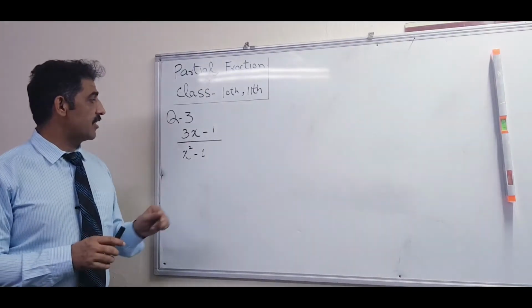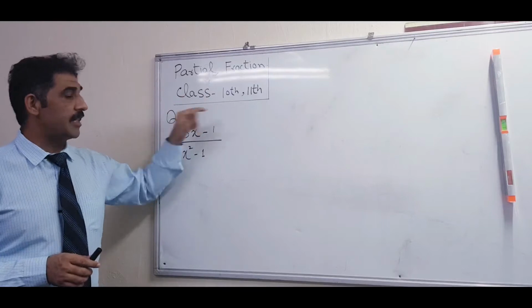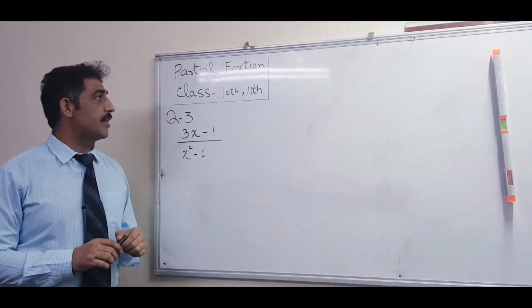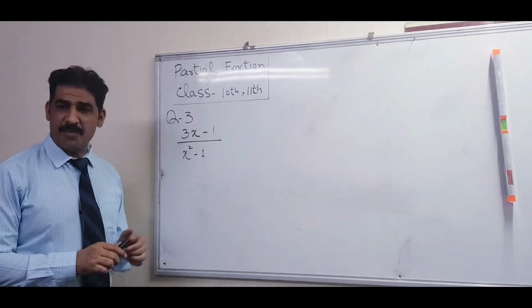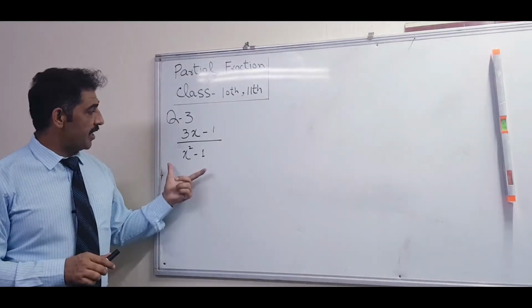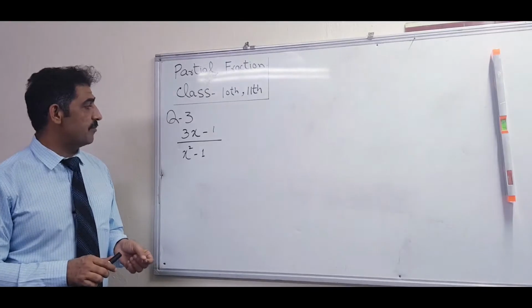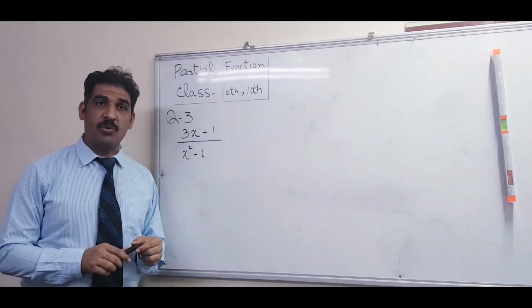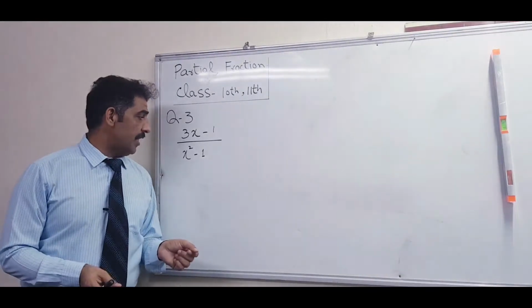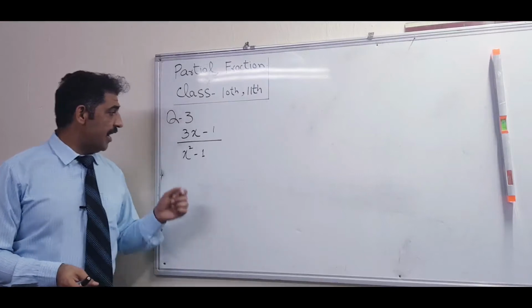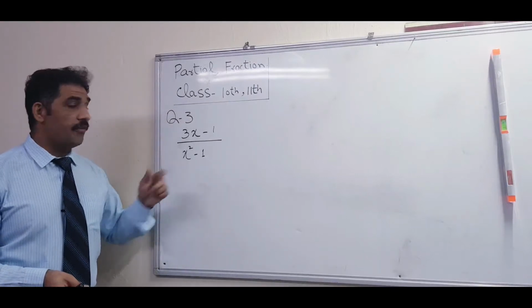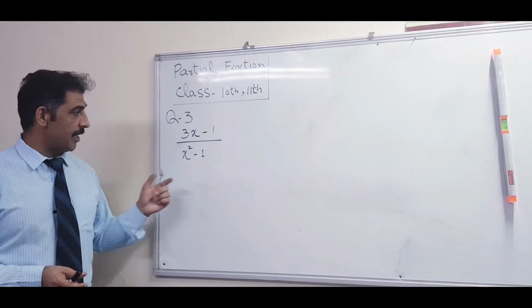In partial fraction, this is chapter number 4 in grade 10 and chapter number 5 in grade 11. It is the same procedure. The concept of partial fraction, which I have given you before, means dividing a fraction into two or more than two parts. But here we have to make the partial fractions of an algebraic polynomial.